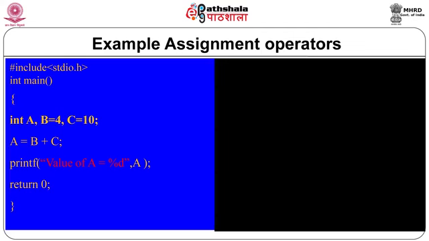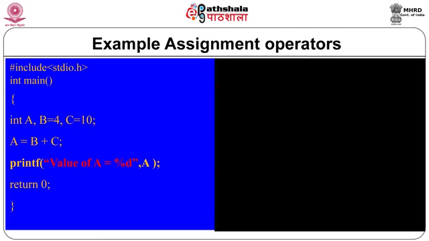In this program you can see value of A is considered as an integer, B integer, its value is already defined as 4, C is 10, that is also integer, but here we are considering A equal to B plus C. In this expression A is result, equal to is assignment operator, B and C are the operands, and plus is the mathematical plus operator.